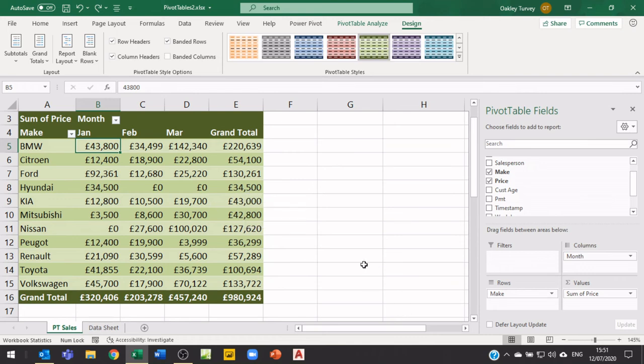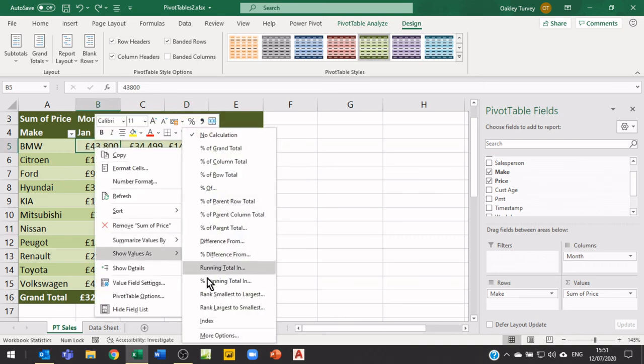And so my largest overall sale might not be the biggest ranked number. So my largest overall sale is actually my BMW in March, but because this figure here is so much bigger than those two figures there, it's actually going to get a higher ranking, because the performance for Nissan in March was so good compared to Nissan in January and February that this might be of a significant weighting. So let's have a go at doing that. So I'll right click, show values as index,